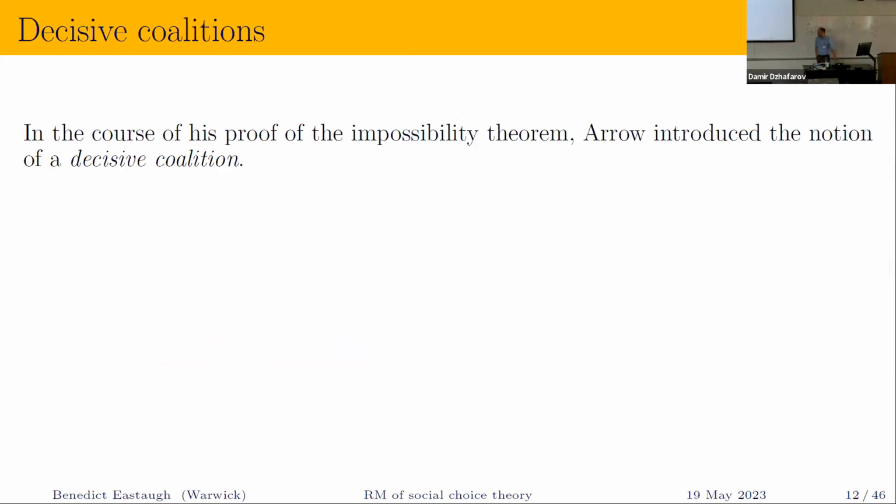Okay, so in the proof of Arrow's theorem, Arrow uses this notion of a decisive coalition. So a coalition that, like a dictator, always gets its way in every profile. If they prefer x to y, then x is going to be preferred to y by a social welfare function. So suppose we have a society,